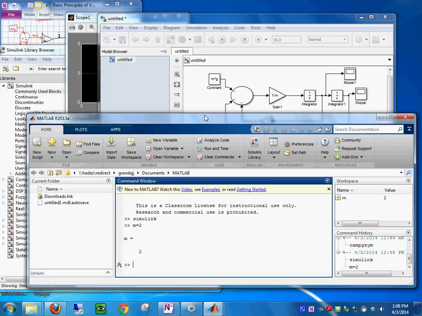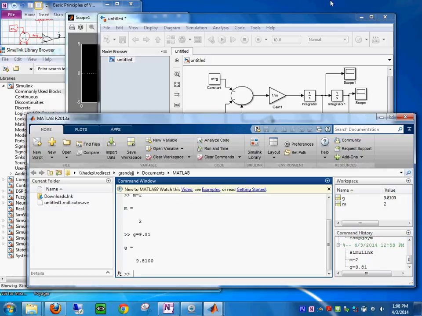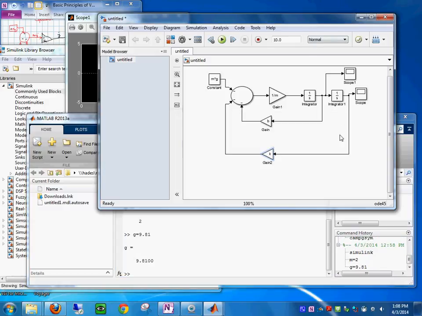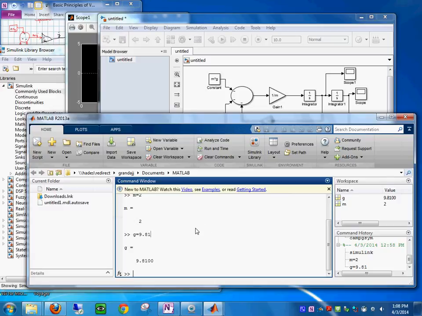Then G is equal to 9.81. And then we have, I think the damper on the case, so the value of B will be